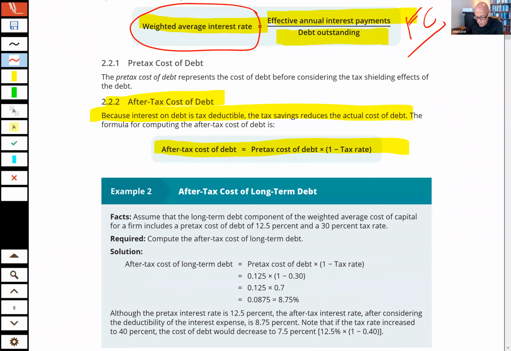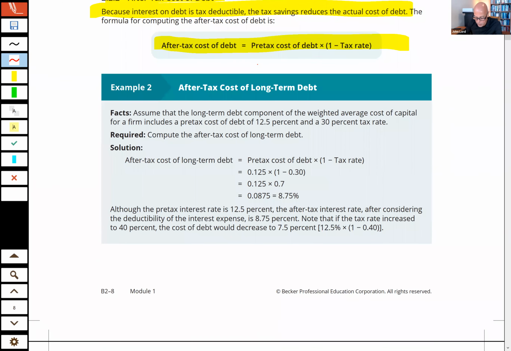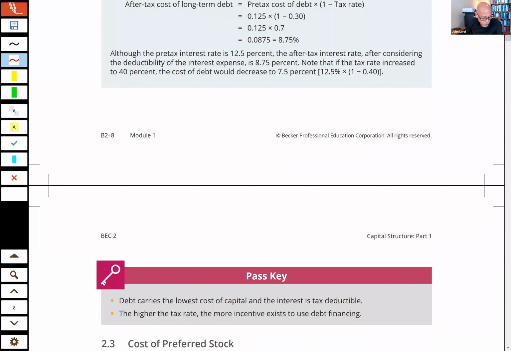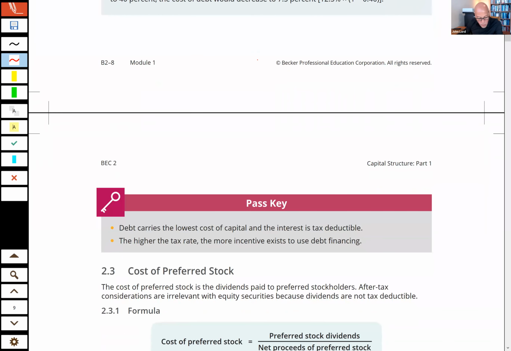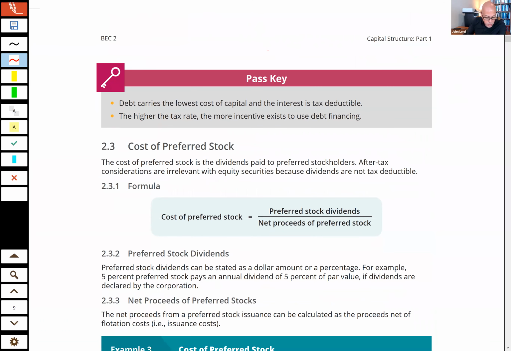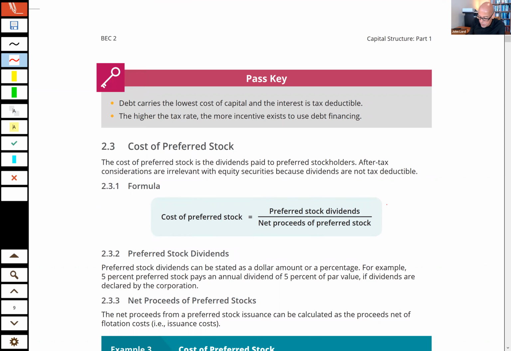Okay, I'm not going to go back through another question on that now, because we have seen how to apply the after tax rate. That's really a repeat of something we've already looked at an example for. Okay, good. Let's look at the cost of the preferred dividends now, the P, and you can flashcard that,